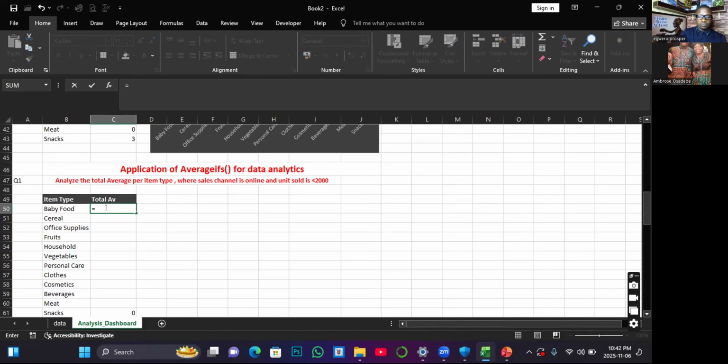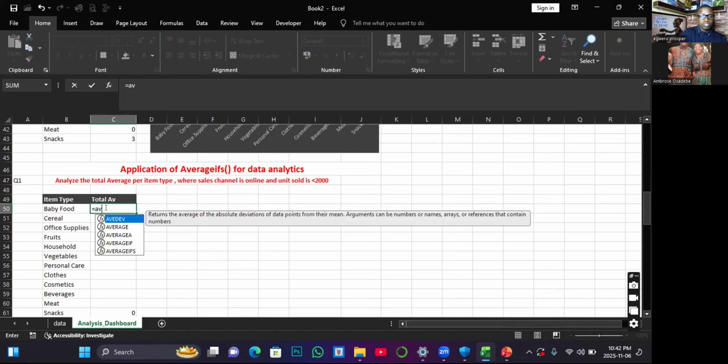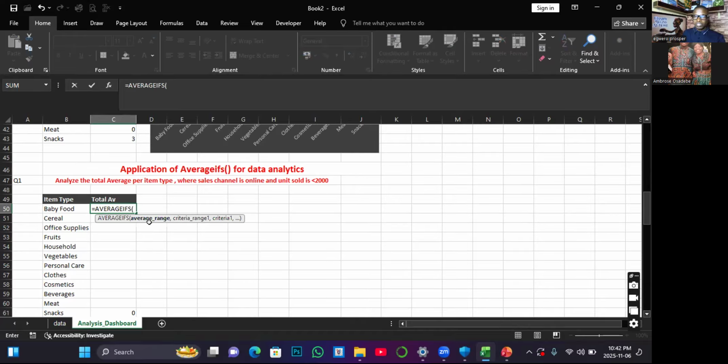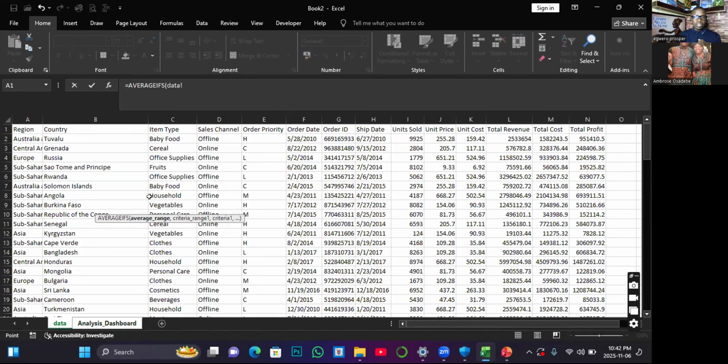So the formula will be average ifs. So you can see, like I said, in the case of sum, it was sum range, but now it's average range. It must be a number data type. So I'll go back to the data and take the total profit range. Then